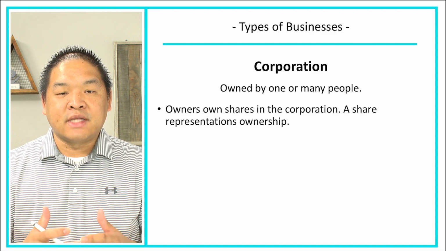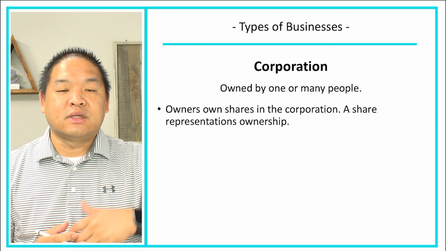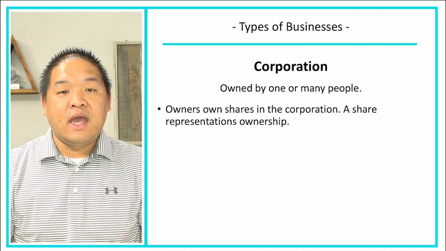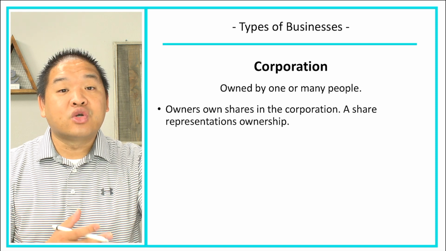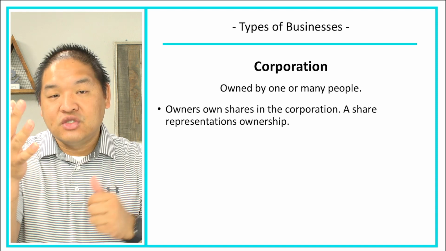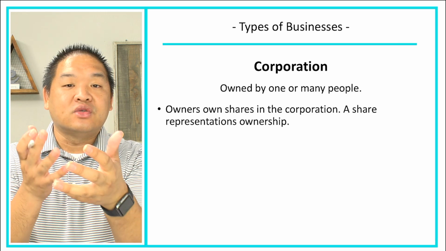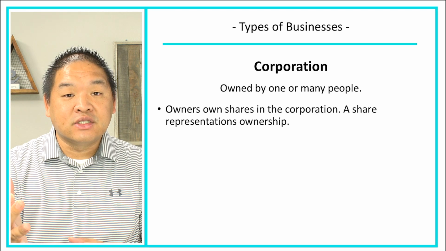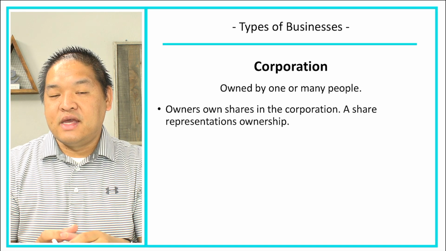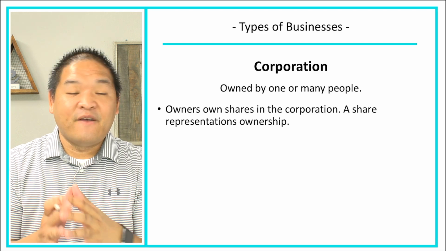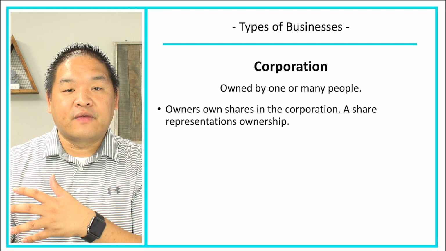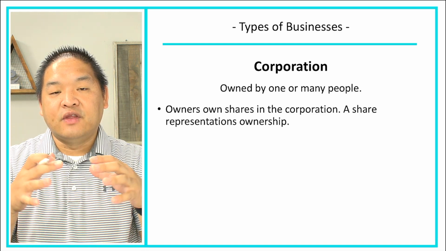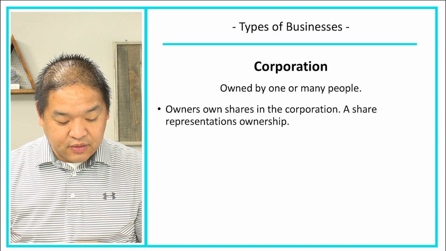So typically how it works, it's not that you own 20% of the corporation and someone else owns 80% of the corporation. It's that you own 200 shares and someone owns 800 shares, totaling 1,000 shares. So 200 divided by 1,000 is 20%. So technically you own 20%, but you actually own 200 shares versus 20%. And then if you sell another 1,000 shares to someone else, you went from 20% down to 10% because you would own 200 of the full 2,000 shares available.